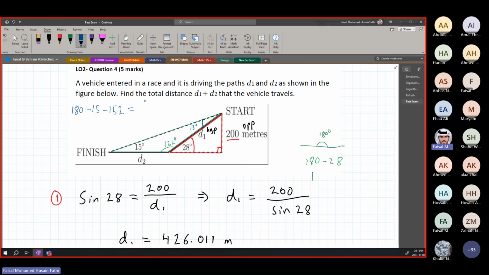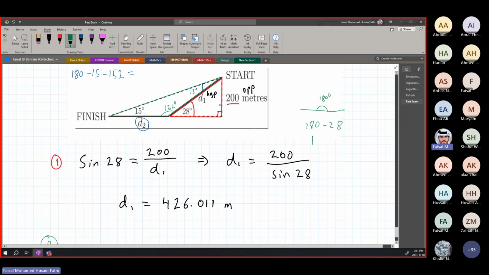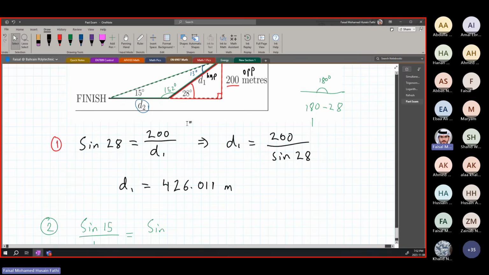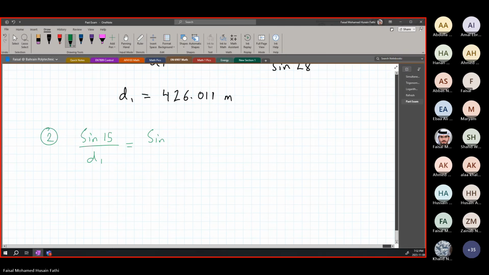Why are we finding this 13 degrees? We need the value of D2, so we need the angle opposite to it. When we apply the sine rule, we have D1 with its angle, so sine 15 over D1 is equal to sine of 13